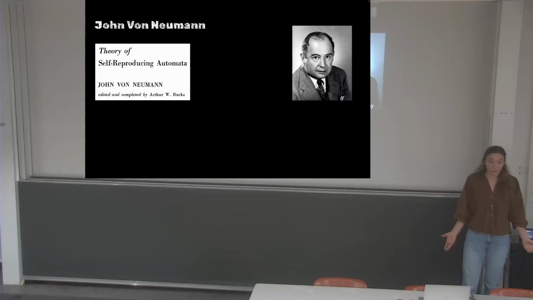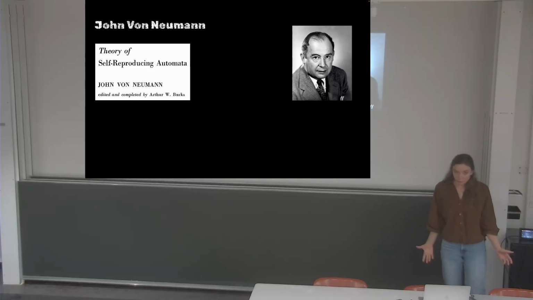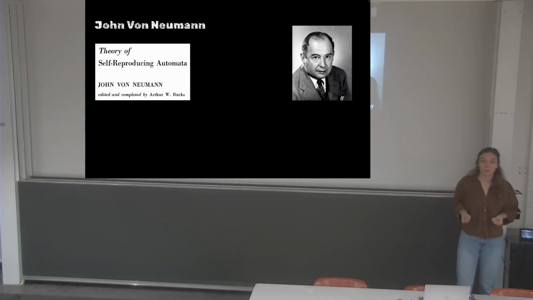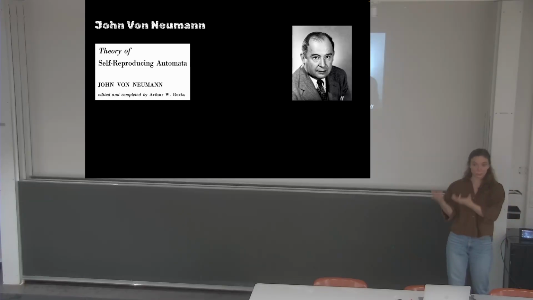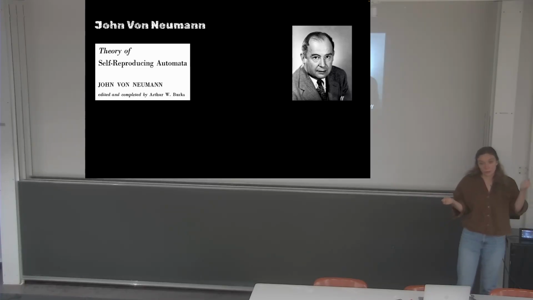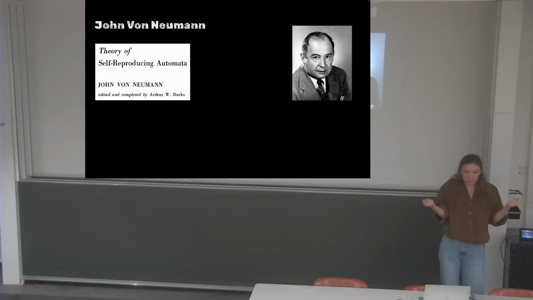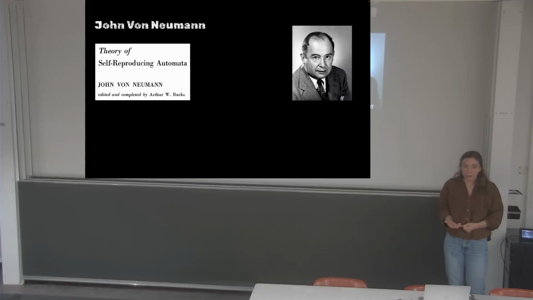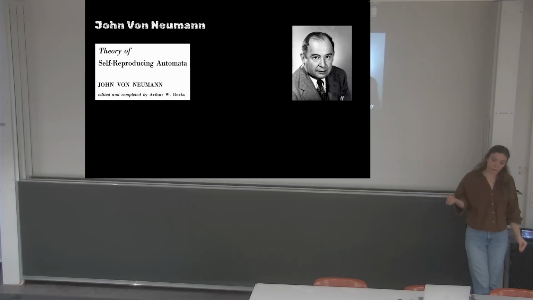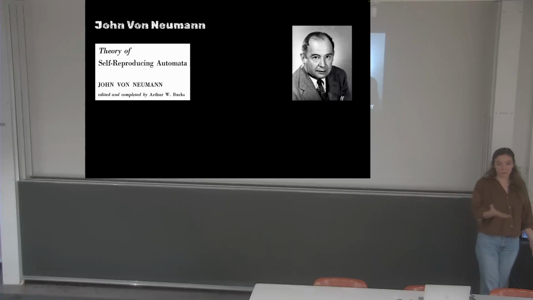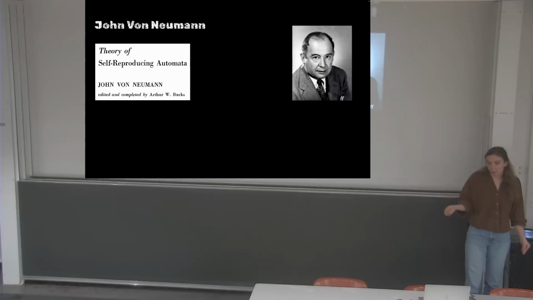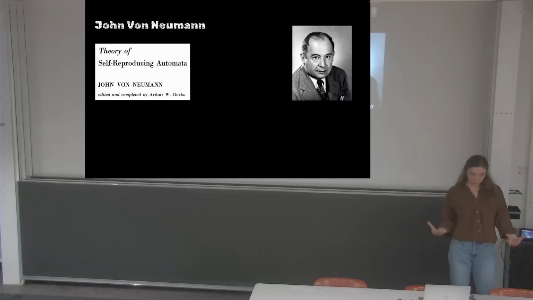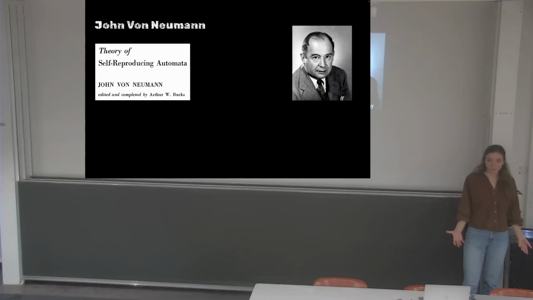Amongst other things, in the 1940s, he got interested in the relationship between living systems and computational systems, specifically between the nervous system and complex computing systems consisting of many parts. He drew very interesting parallels between the two, which led him to a very fascinating question: what is the logical organization of self-replication, and how can we build machines that can self-reproduce and overcome the paradox that we have talked about earlier?